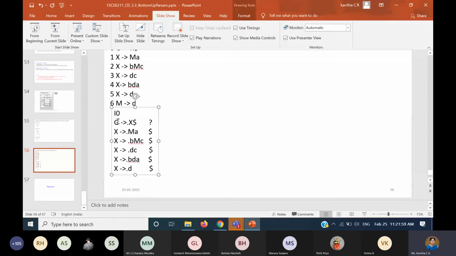At the end of the state, is something else to be done in the current state? What is to be done? So I am done with this. I expanded X. So what is next? I come over here. Okay, the next rule. Next rule says X gives dot M small a and lookahead symbol is dollar. So dot M means M is a non-terminal. So we have to expand M. Isn't it?